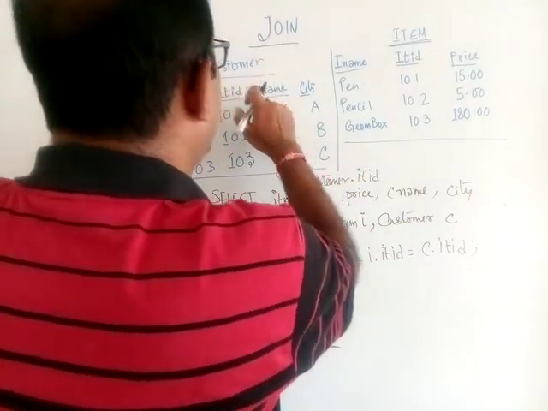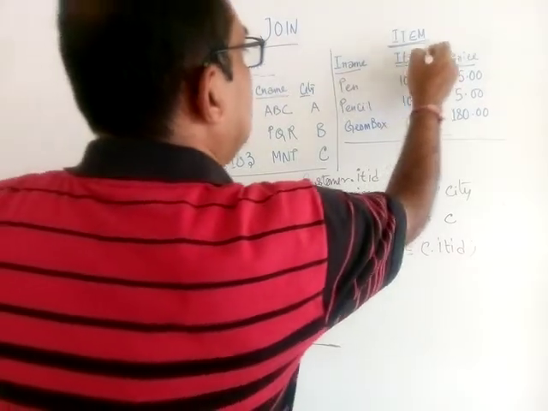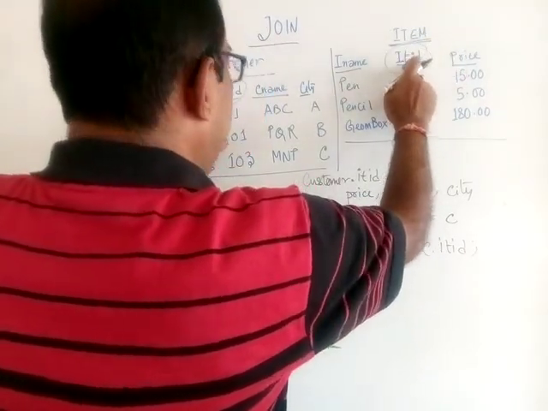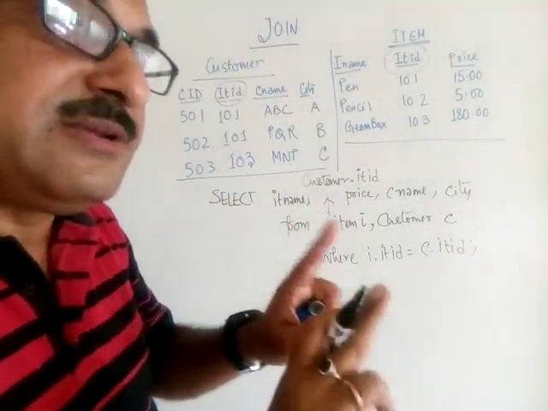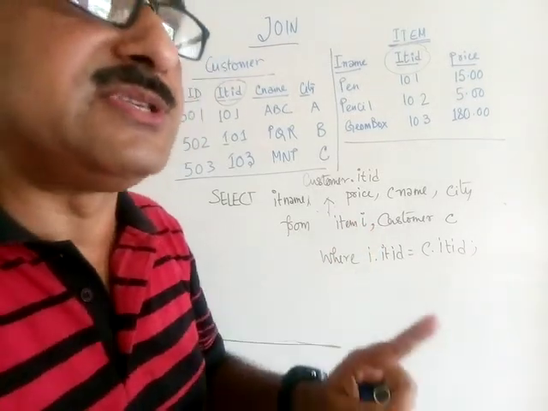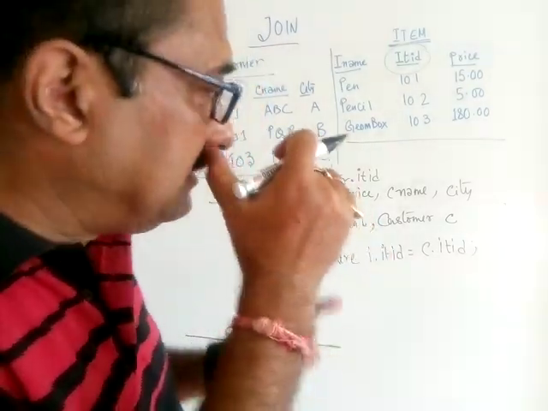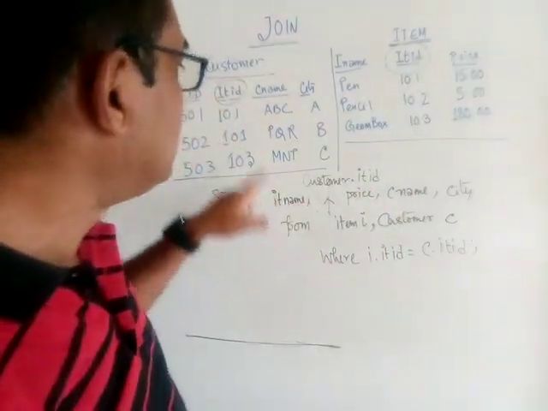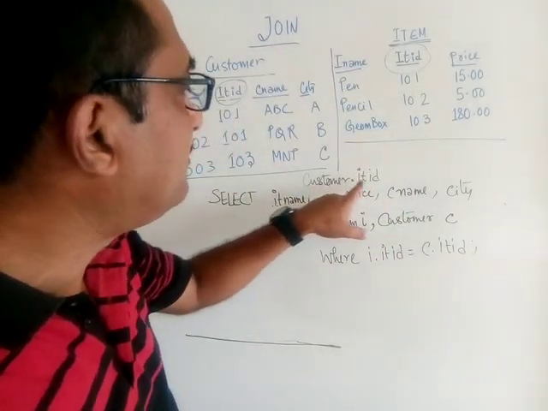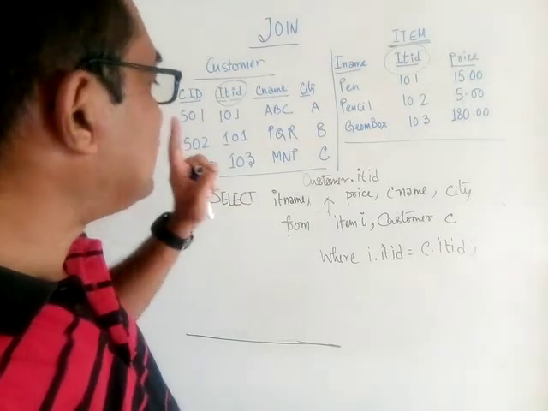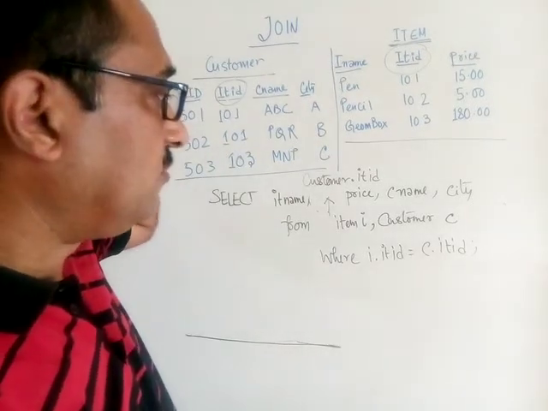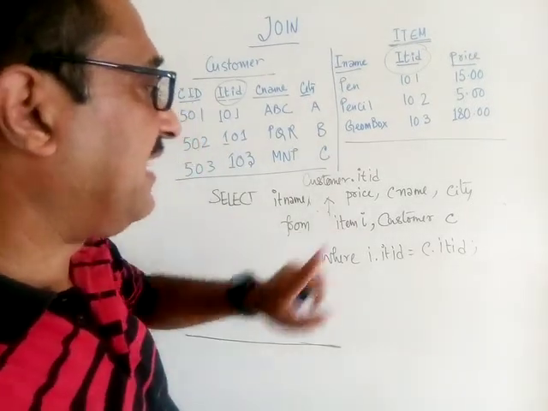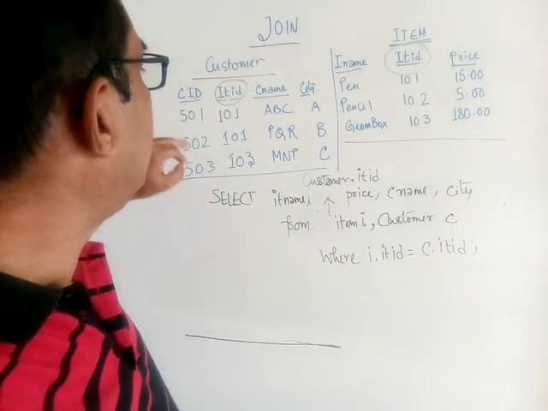Remember, if you have two fields having the same name, then there will be an ambiguous, confusing situation. This ambiguity comes from the fact that these two column names are the same. That is why I wrote very clearly customer ID. So customer-wise, I will go for a display and the respective items will come. So you can easily make out here